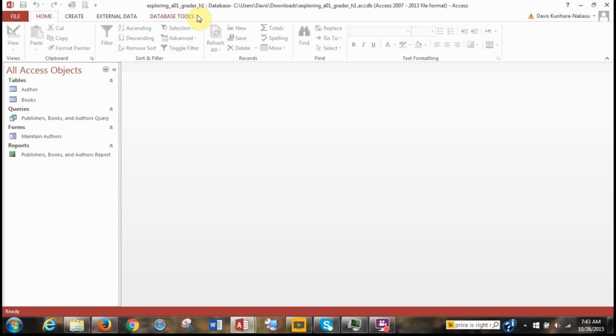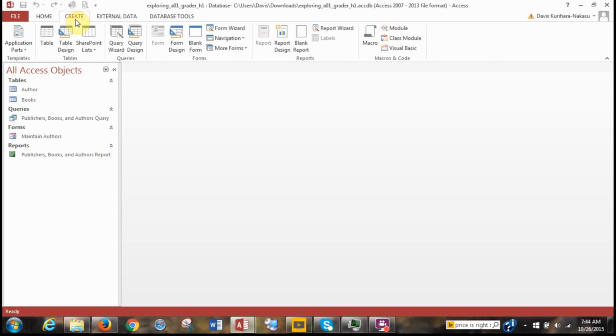Our first step, which is step 2, is to create a new table in design view. So right now we're on the home tab. We want to go to the create tab, and then we want to create a new table in design view. So we're on the menu, we're on the create tab, the tables group, and table design. As you can see, when you hover over it, it says create a new blank table in design view, and that's what we want. So we click on that,